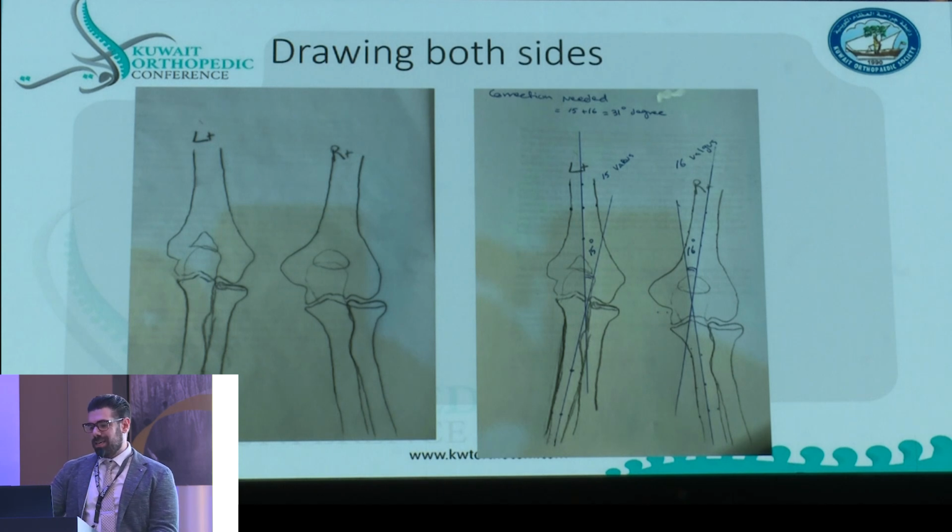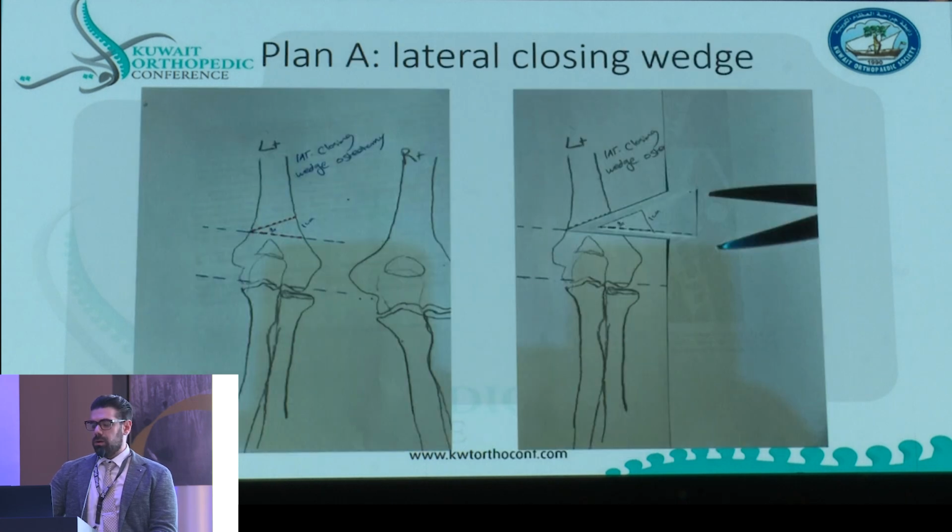But on the right side, you can see there is the normal 16-degree physiological valgus, while his left side, where he's complaining, he has 15 degrees of varus. So to get him back to the 16 of valgus, it's 15 plus 16. He needs 31 degrees of correction, right? So I said,